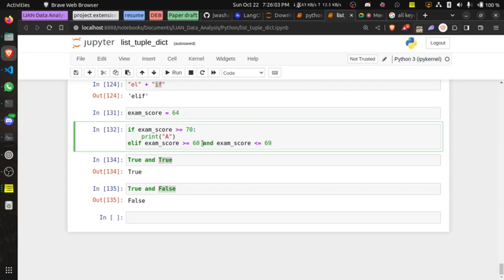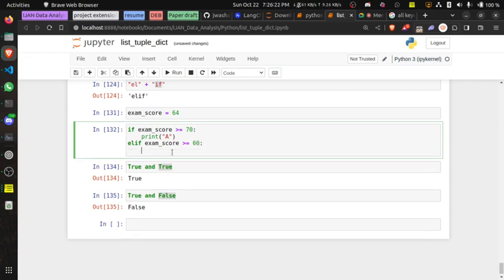If I don't do it like this, if I do it this way, if exam score is greater than or equals to 70, print A, and if the exam score is not greater than 70, is greater than 60, of course this will work actually. So let's just run this. I think I said I was going to start from 80 actually. So if the exam score is greater than or equals to 70, print what?